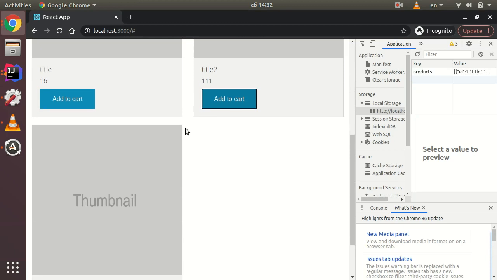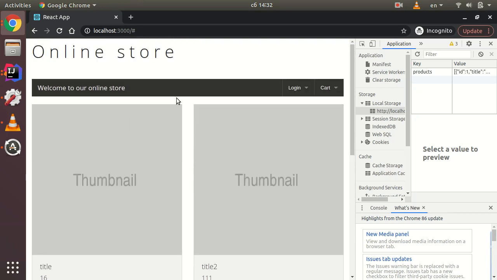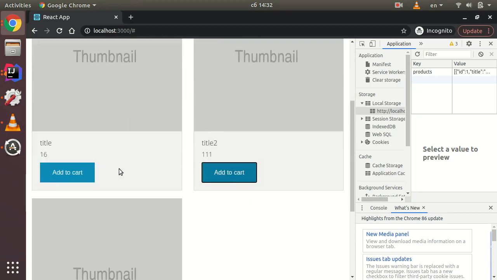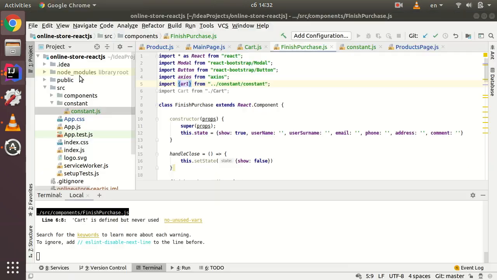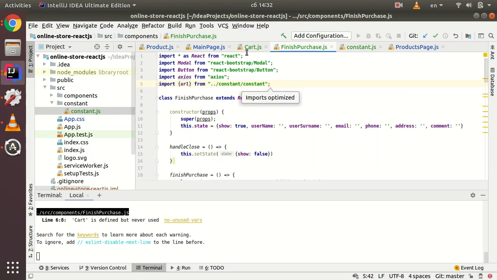Let's add some products. Actually, let's add an alert message that we added a product to the cart, because it doesn't seem like we did something. It just doesn't show anything. So let me go back to the cart and